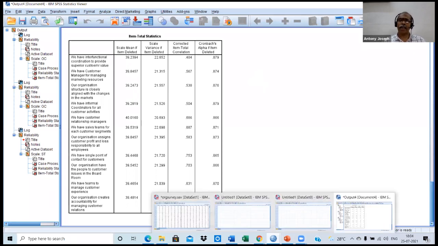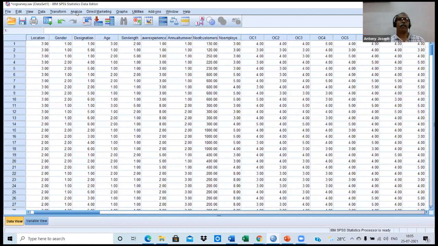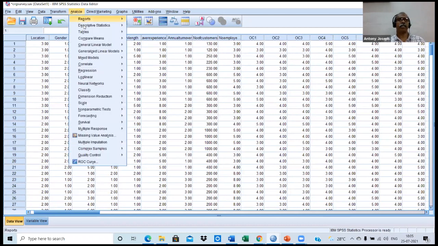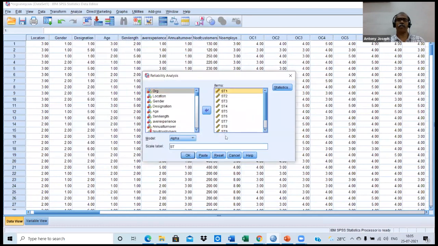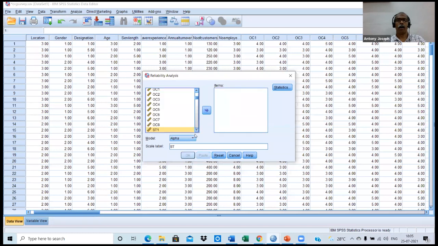There will be a number of scales in a research instrument. You should show patience. You have to experiment with it. Okay. So analyze, scale, reliability. Now I have CU. It actually stands for culture.